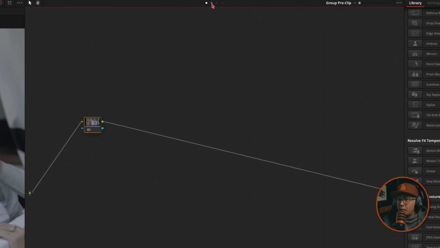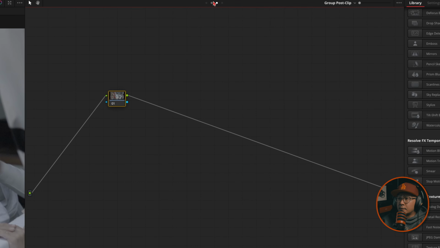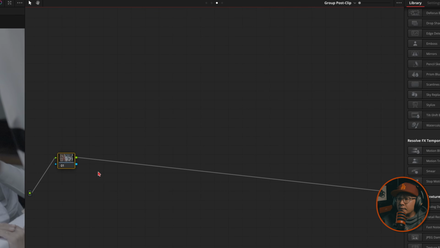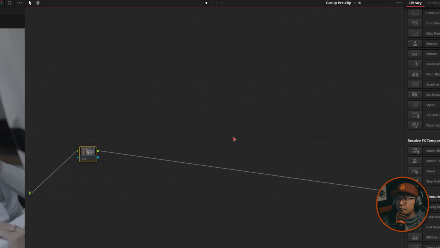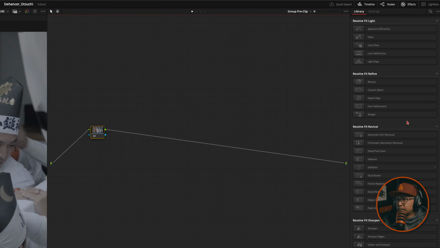I'll be using all 3 tabs right here, 1, 2, and 3. 3 will be the main one that will be having all the color grade that I usually put in. The first tab right here, I'm only gonna put color space transform